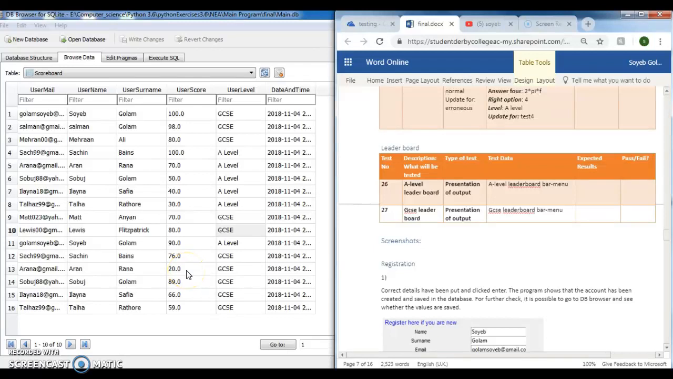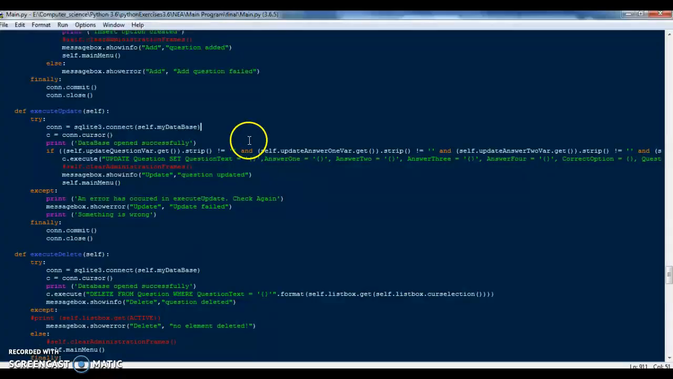Test number 26 and 27 are all about the leaderboards. Test 26 will control that our leaderboard works perfectly for A-level leaderboard, and 27 will say that our GCSE leaderboard works perfectly. So to control that, we run the program